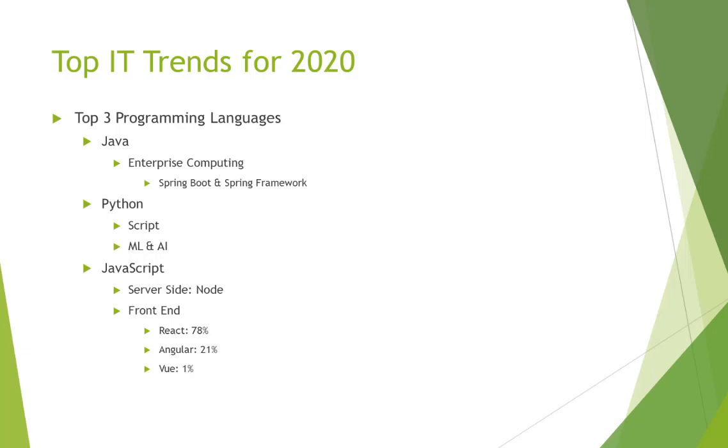And Python, I think, is the number 2 language, because it can be used as a server-side scripting language for all the admin and DevOps people, right? And also because of machine learning and AI, it makes it number 2. Also, one of the languages I would say you cannot ignore is JavaScript, right?